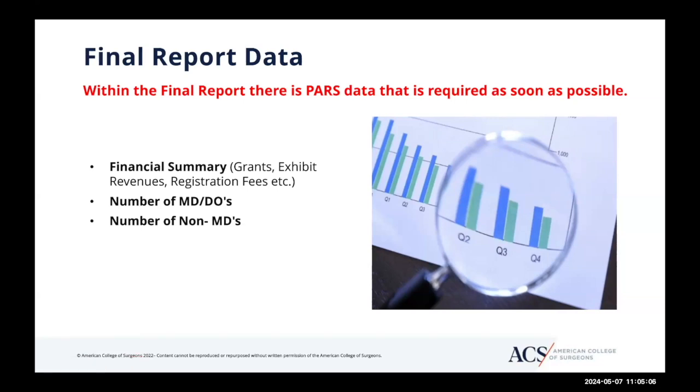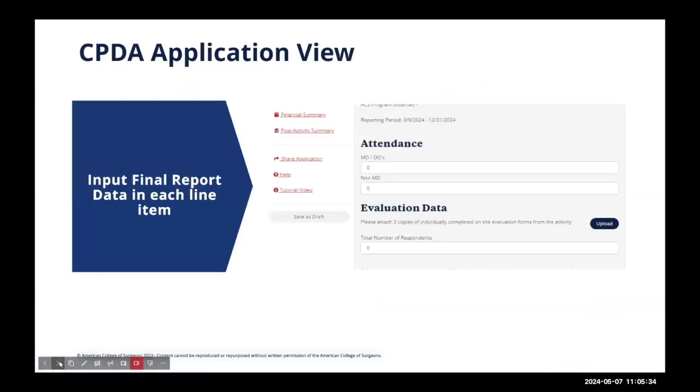There are two components that we do ask that you submit as soon as possible, and that is the financial summary. It includes the grants, exhibit fees, and registration fees. We also ask that you input as soon as possible the number of MDs that participated and also the number of non-MDs that participated. The next slide is just a screenshot